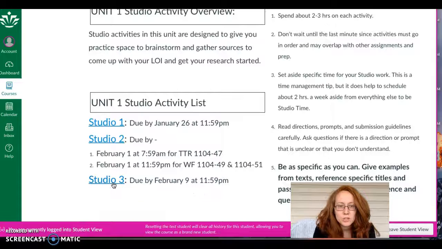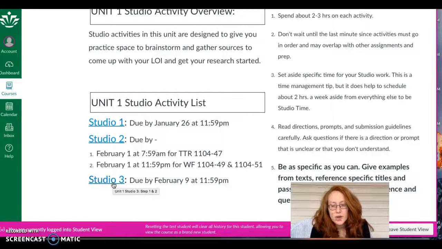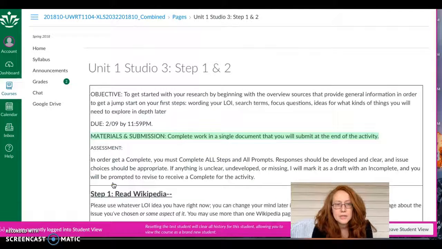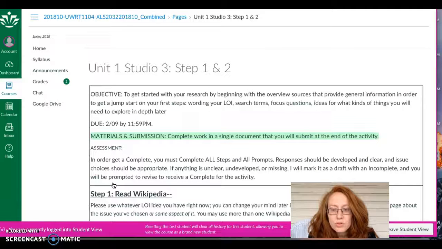And I encourage people to work on it as soon as possible just because it is going to help you with your research and possibly with your presentation. So if you click on Studio 3, it will open you up to the first two steps. So there are 4 steps. There's no Padlet or anything extra